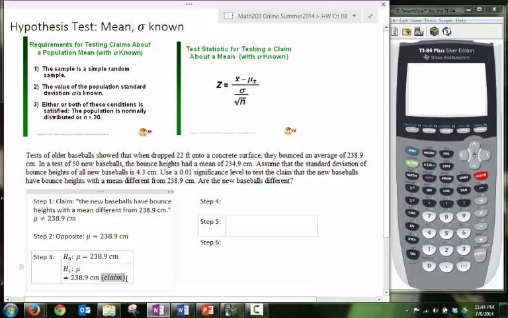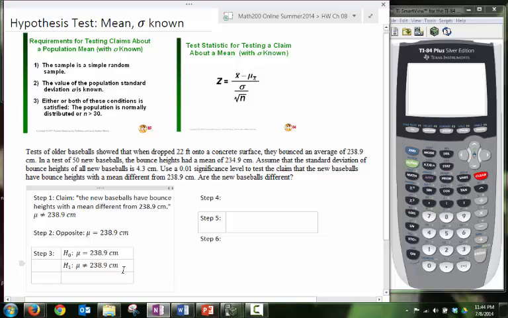And just for good measure, we should actually label it as the claim. Alright,